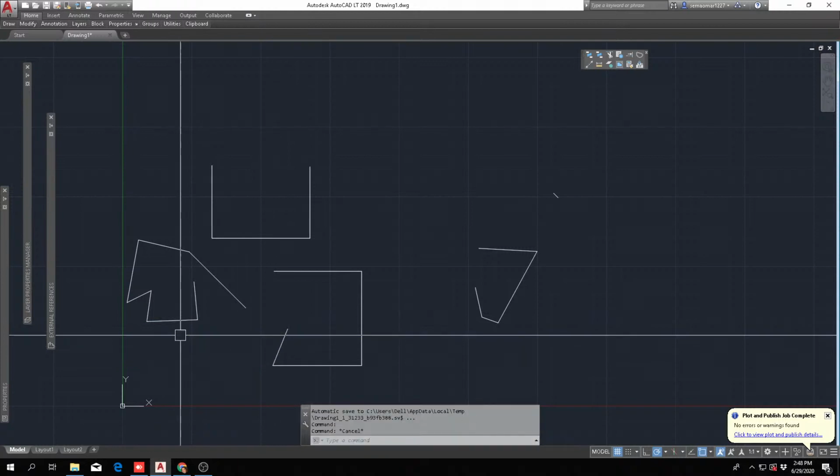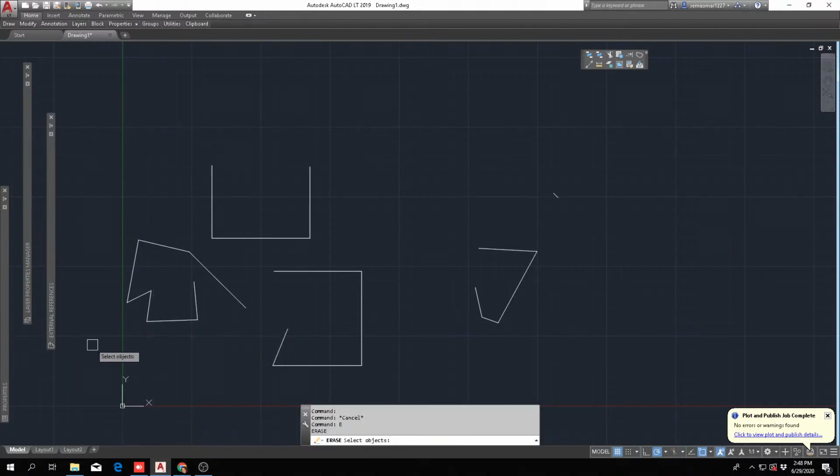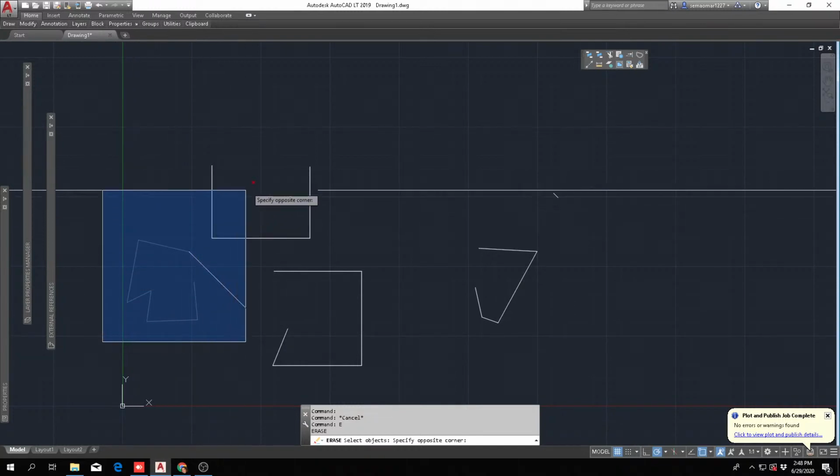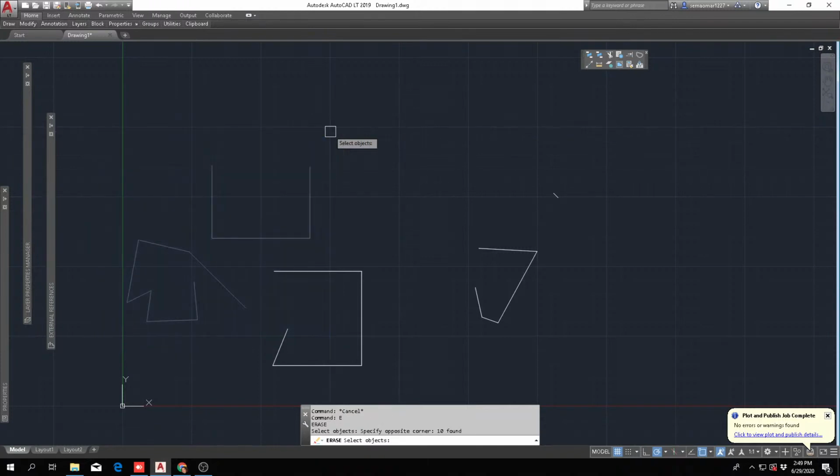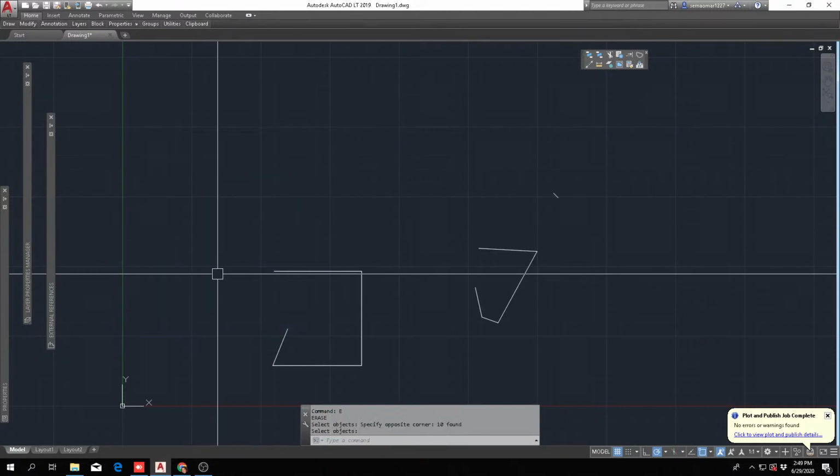So I did a little bit wrong. Erase. I need to make sure that where I start the erase command is a little bit higher, so it doesn't get the whole line that I don't want to erase, right? So you can practice with your erase command and your line commands, and just get used to drawing and using your keyboard as your